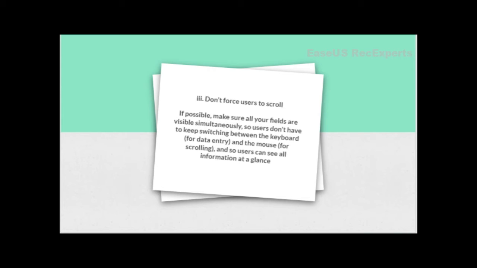Sometimes when we fill a form, for example, my friends and I have filled the form of Medhavi, what we have to do is scroll the form again and again. Sometimes it becomes harder for us to see the information and we end up making mistakes. I myself have made a mistake which cost me a lot. So yeah, do not force users to scroll much.